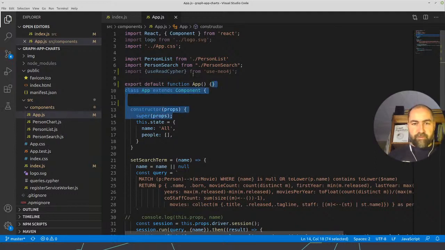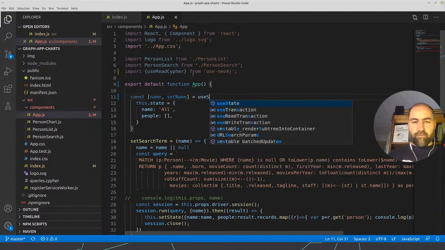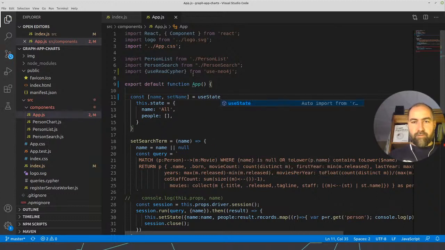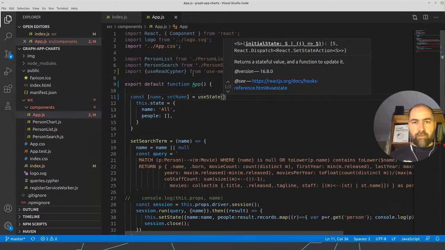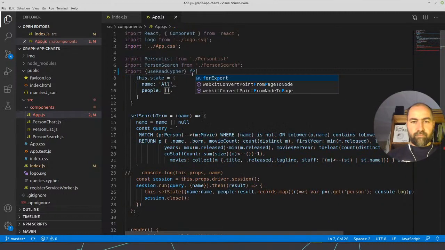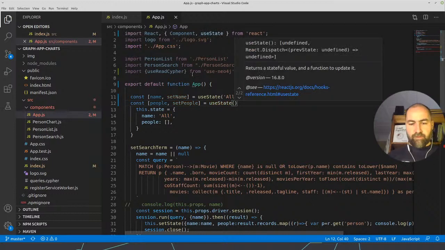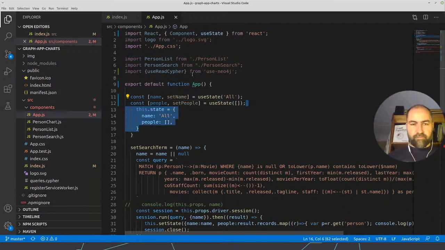We don't have a constructor anymore, but we want to use const name, setName is useState of all, and const people, setPeople is useState empty array. So this is our state.